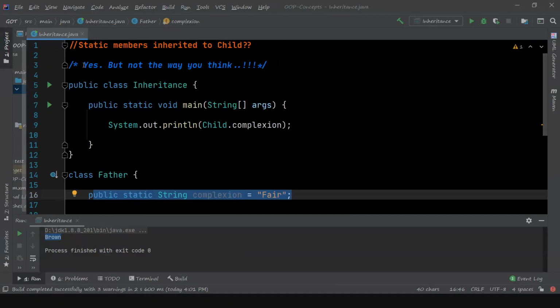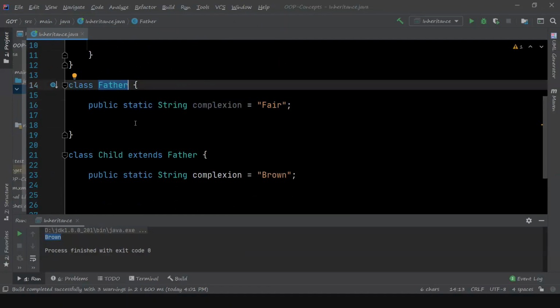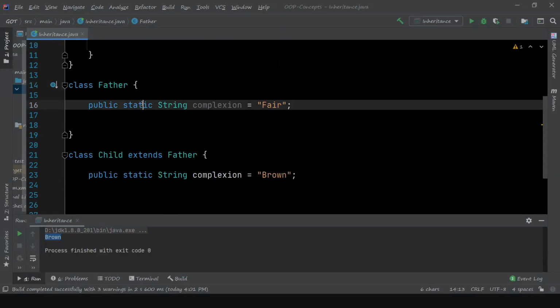The answer is yes, but static, final, private members belong to that particular class and will be bound during compile time. There are two kinds of binding, static binding and dynamic binding. All the static variables, members or methods will be bound to the class during compile time.